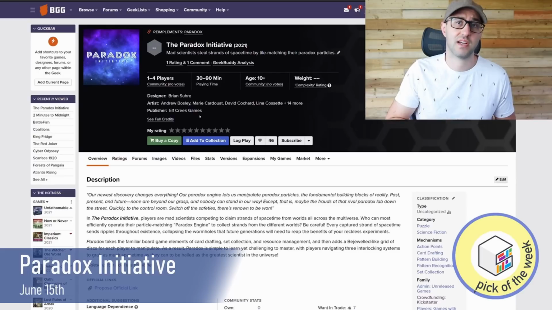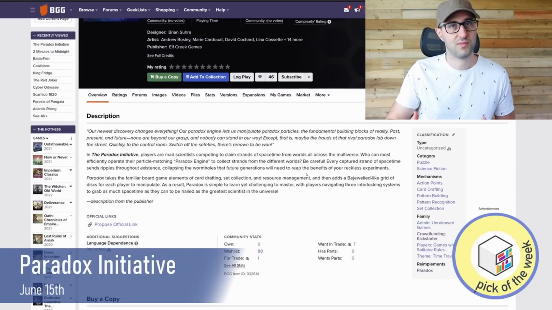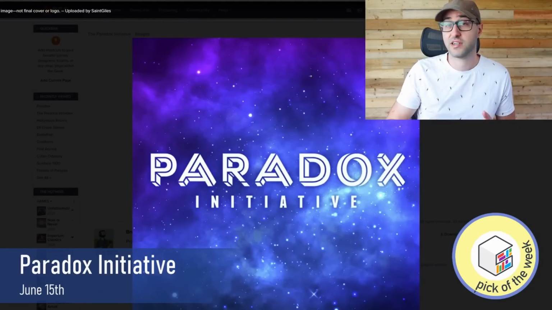But if you're looking for a really well-designed game that also looks good, Elf Creek is starting to prove themselves as that publisher. But in Paradox Initiative, players are mad scientists competing to claim strands of space-time from across the multiverse. You're going to be doing this to run different experiments and be known as the greatest scientist in the universe. Each player is going to be operating their own Paradox engine, but you're going to have to be careful